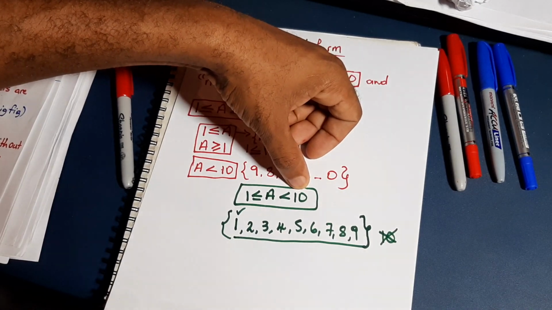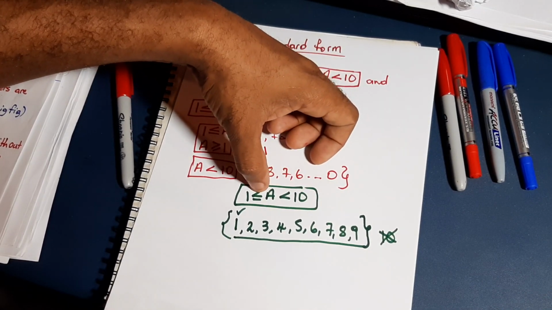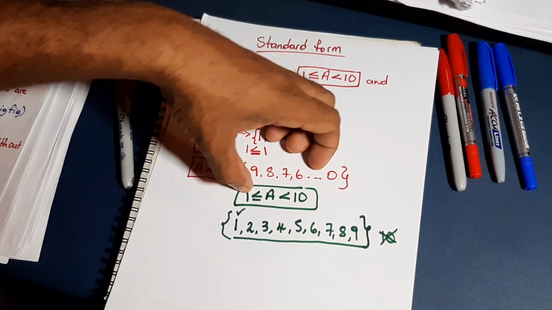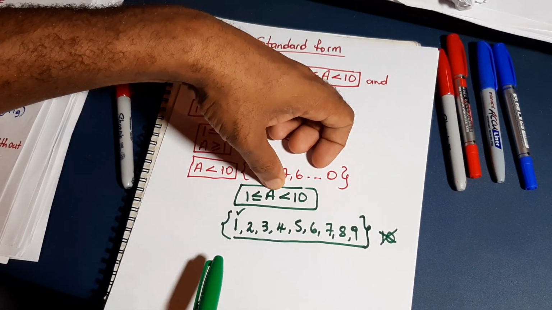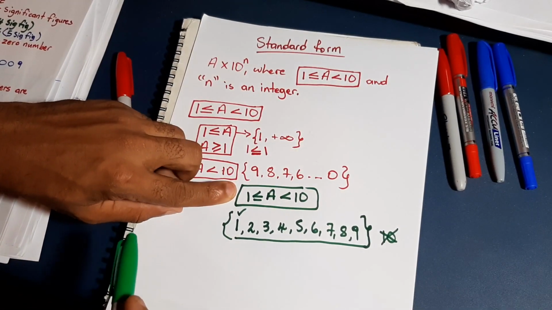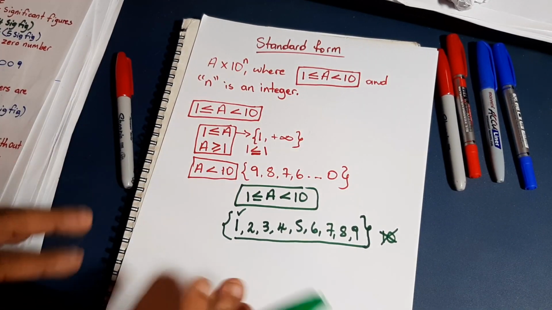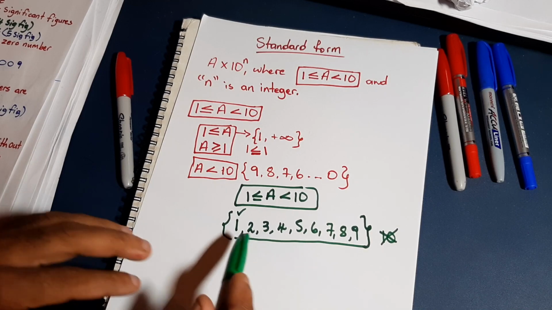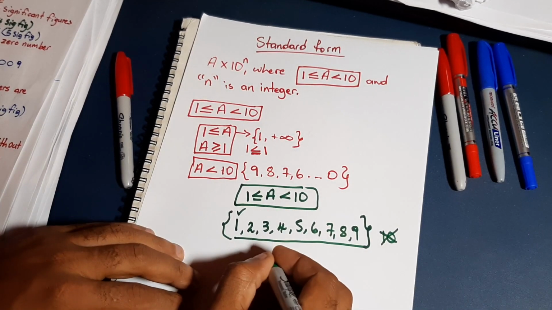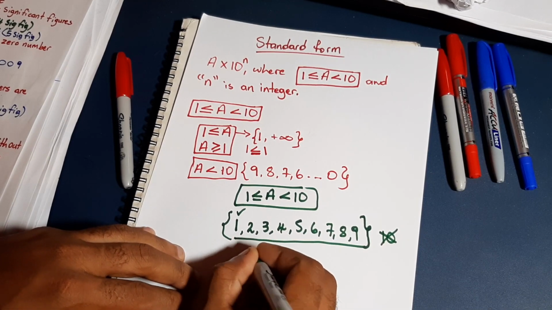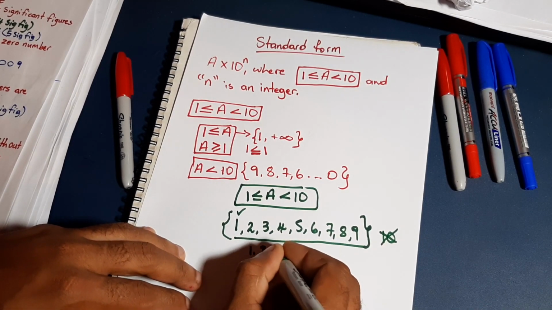Even 9.9 would be less than 10, and it's also greater than 1. If we use 1.5, yes, 1.5 will satisfy this. So this inequality is representing a specific set of values. These are the values. And as I said before, we could also include some decimal values like 1.3,